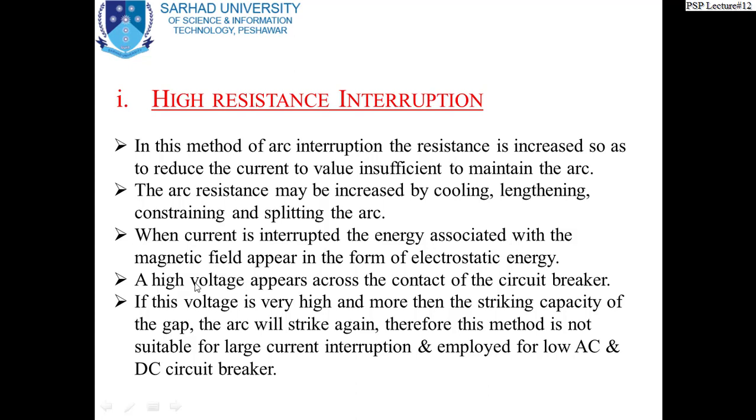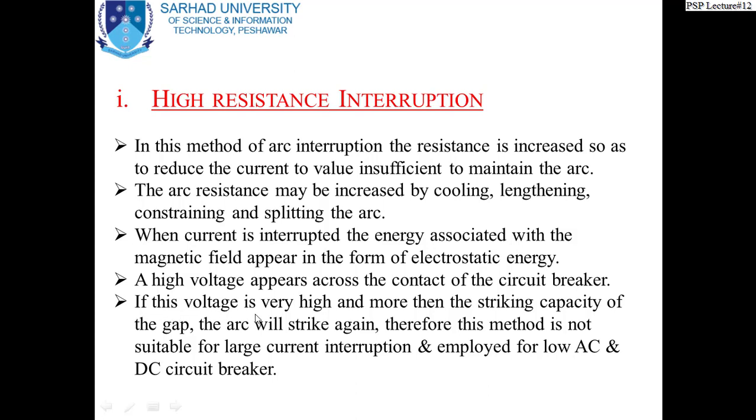Okay, a high voltage appears across the contacts of the circuit breaker. It was explained previously that a high voltage appears and it is actually the system voltage, and in some cases it also exceeds the system voltage. In the next lecture you will see the transient voltage is sometimes higher than the system voltage for a very short time, and then it settles at the system voltage later on. We have some transient conditions which will be explained in the next lecture. You will see that.